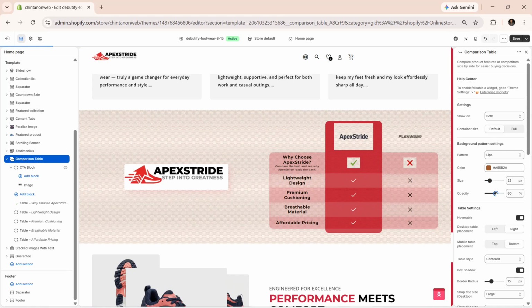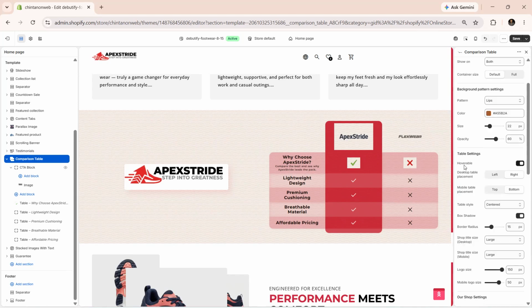the pattern. Lower opacity creates a soft, subtle background effect, while higher opacity makes the pattern more prominent and visually striking. You can also enable the hoverable option to add hover effects, making the table more interactive and engaging for visitors. Desktop position allows you to control where the comparison table appears on desktop devices by choosing either left or